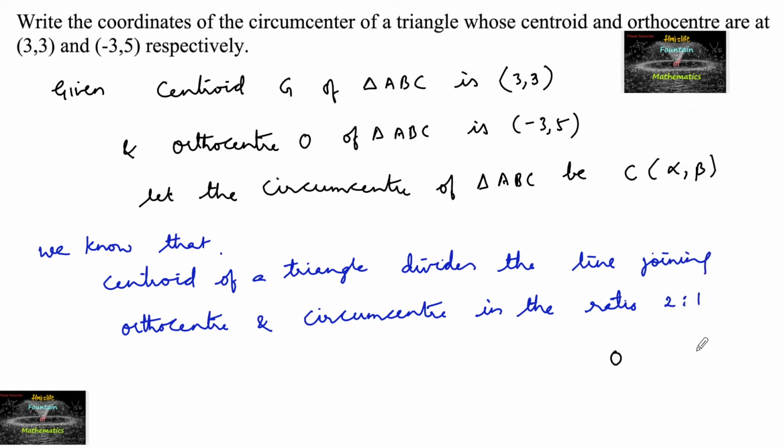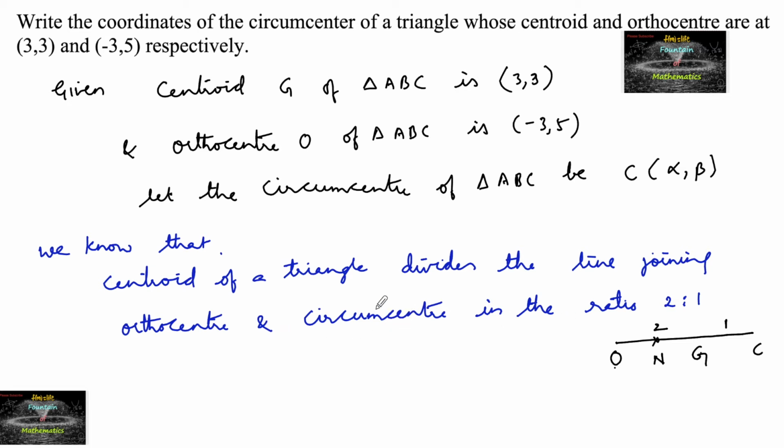You can just remember: orthocenter is O, centroid is G and circumcenter is C. The centroid divides the orthocenter and circumcenter in the ratio 2:1. N is a point, so remember O N G C. OG is divided into two parts and GC is one part. So the centroid divides the orthocenter and circumcenter in 2:1 ratio, where N also represents the nine-point center.